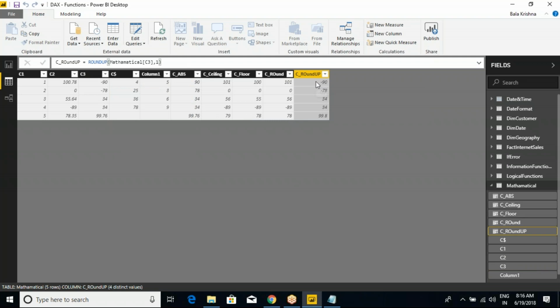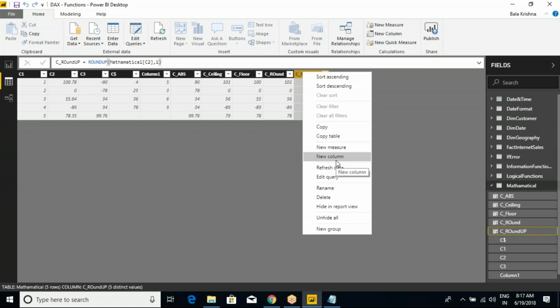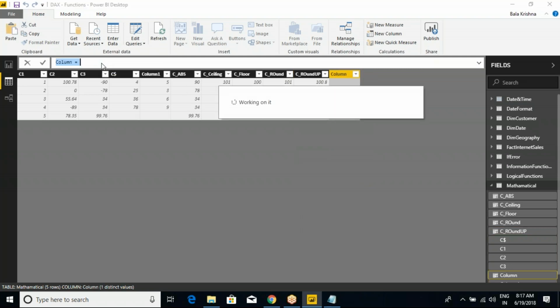Now try to understand what is happening. I think in C3 we don't have many decimals, so I will make it C2. In the same way, adding a new column, C underscore round down equal to